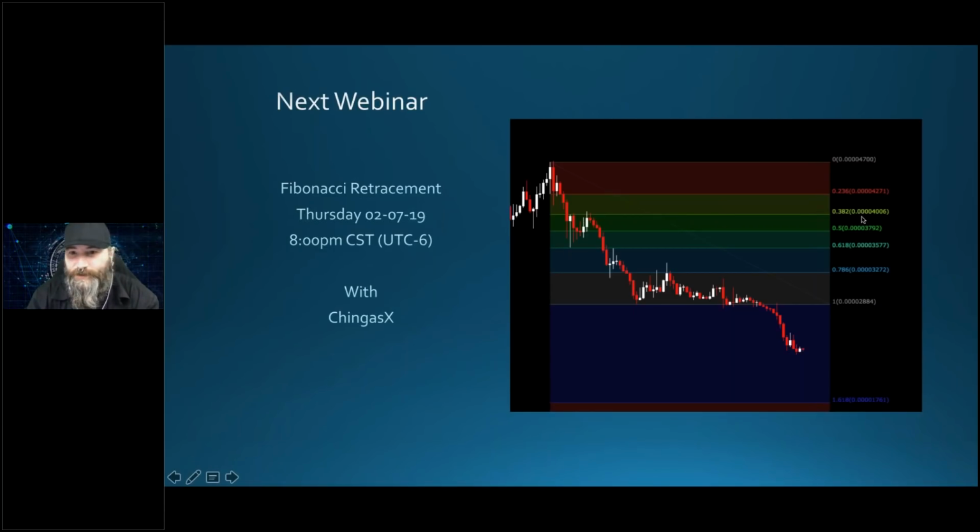Perfect support at the 618, came up, 382 resistance, came down, 786 was support, bounced back and forth between the 618 again. Okay, so you get the idea. Anyway, that's Fibonacci retracements. That's going to be really cool, and we're going to be putting that in place this